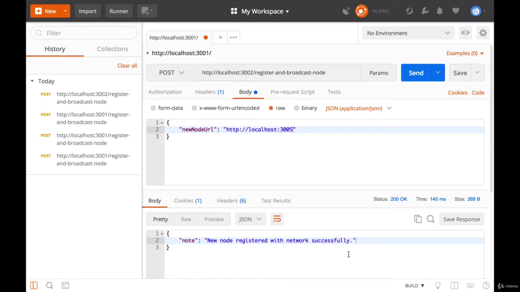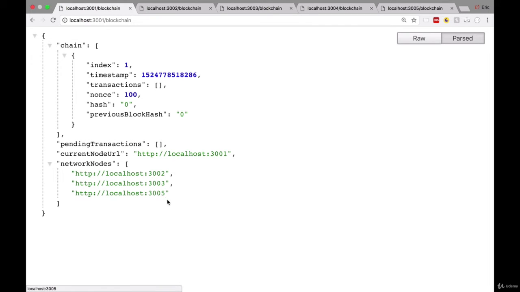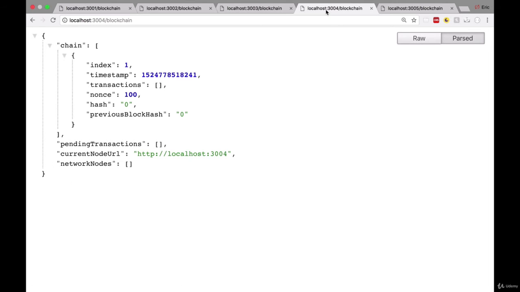Cool. Now our node on 3005 should be registered with the network. Let's see. If we go over to our first node and refresh, great, we have 3005 inside of our network nodes. If we go to our second node and refresh, we have 3005, perfect. Our third node, we have 3005. If we go to our fourth node,